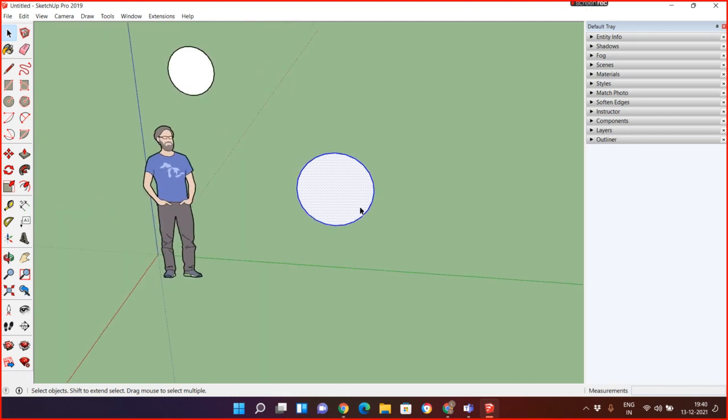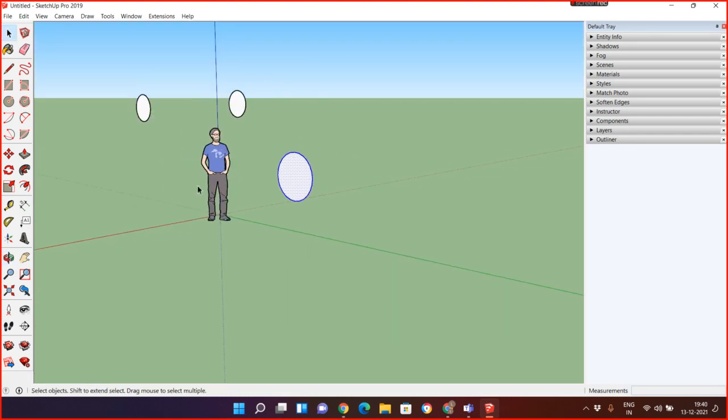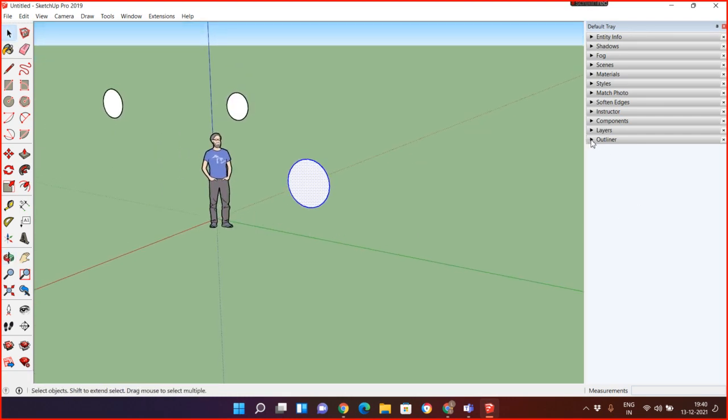Now, if there are a number of objects over here, 1, 2, 3, and 4, I'm going to outline, and you can see there is just a single object over here. The reason is that the outline is related to components. If I delete this entire thing, don't worry.